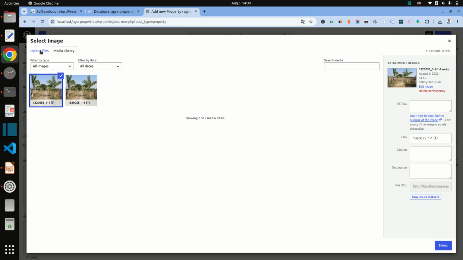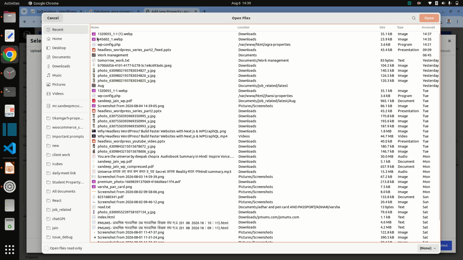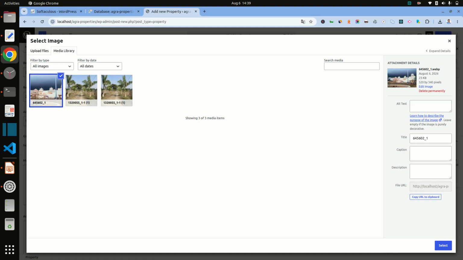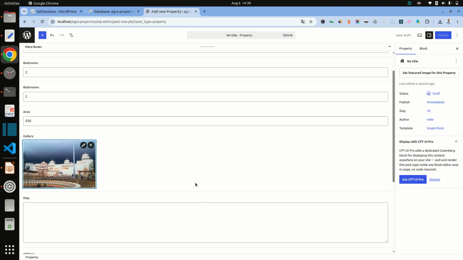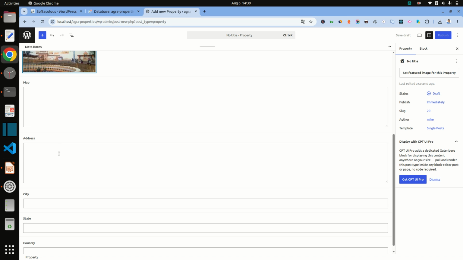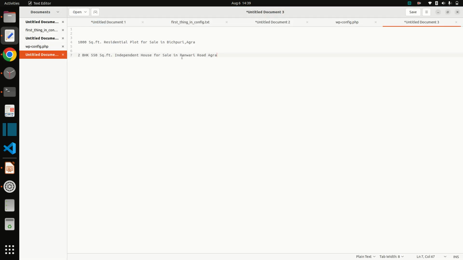Okay, I think I repeated that image. And then address is Panmari Road.